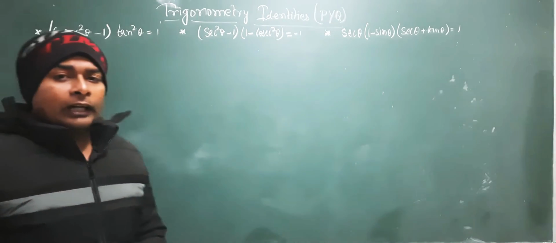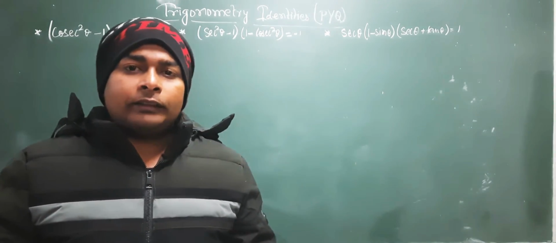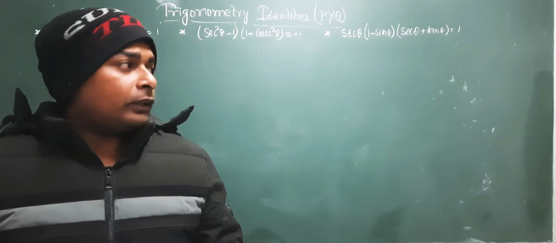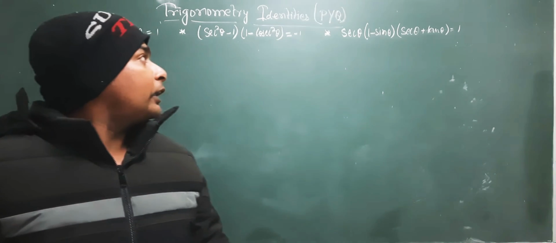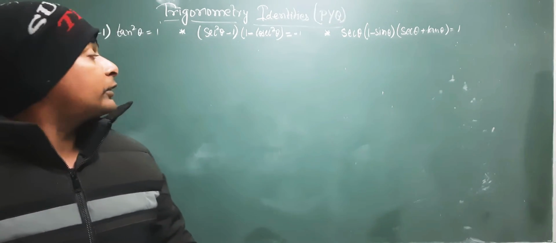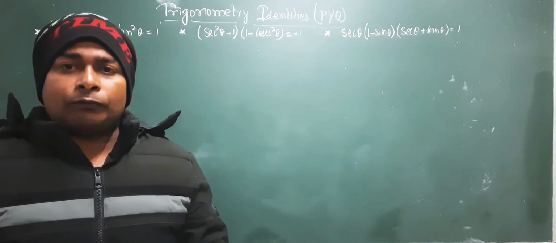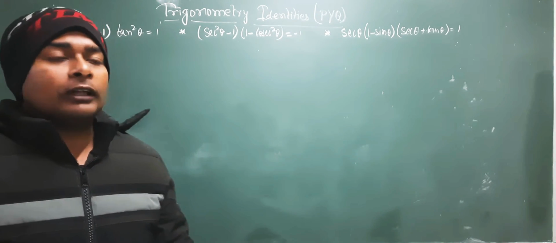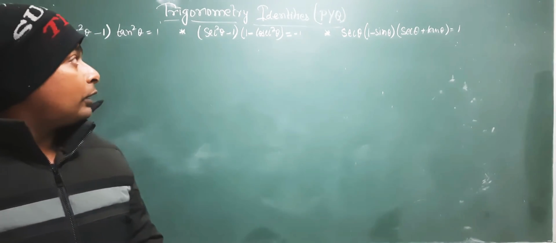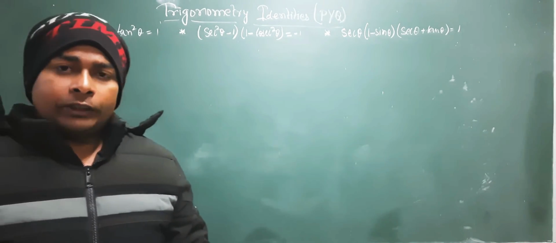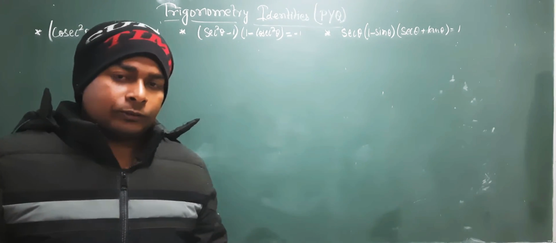So, trigonometric identity, as we have discussed in the previous videos, the basic functions are sin theta, cos theta and tan theta. And as I said to you, please convert the trigonometric identity into a simpler form so that you can reach from the left hand side to the right hand side very easily. All the questions we will discuss today are completely based on previous year asked questions.